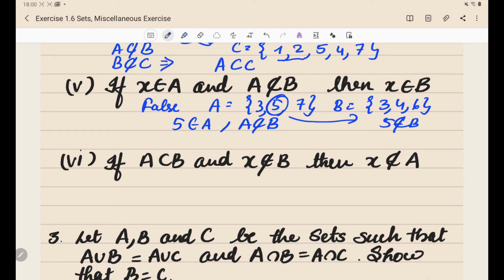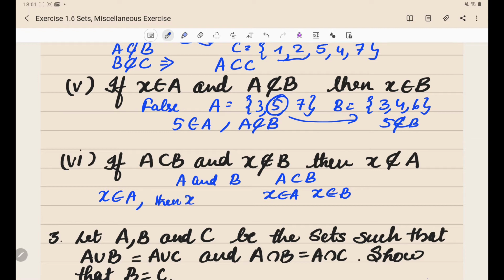For that we know the conditions for subset. Let's say there are two sets A and B. Set A is said to be a subset of B if x belongs to A, then x belongs to B too. So if x belongs to A and it is a subset, then we can say that x belongs to B too. When it is not, it is a contradiction, and if x does not belong to B, therefore x also does not belong to A. This is a contradiction to the statement on subset.